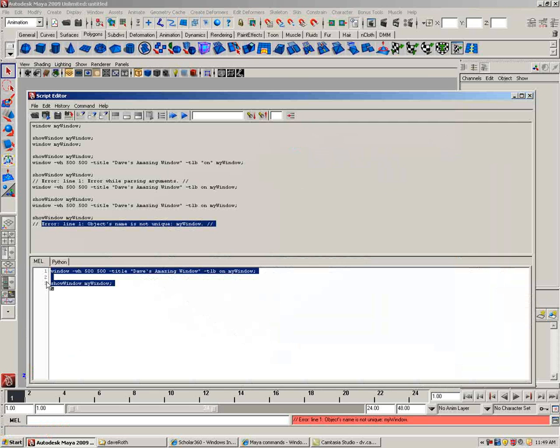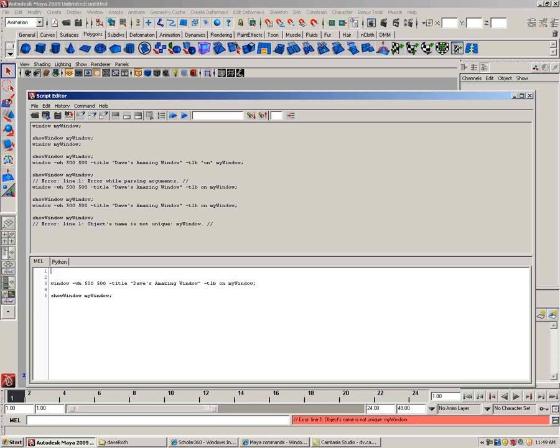What we need to do is add a very specific line to the beginning of our script here, and I call it the window query line. Basically, it's an if statement. An if statement is conditional, meaning if this is true, then do this. Well, basic logic, right? So this is the syntax for it. You'll use it pretty much every time you ever have a window. If, and then a backtick. Remember, that's the one next to the one. Window minus query minus exists. So it's basically saying if there's a window that exists by the name of my window,